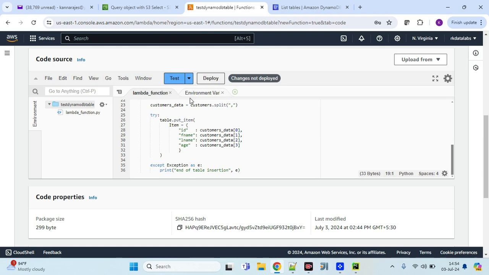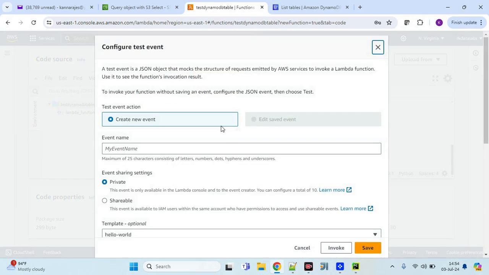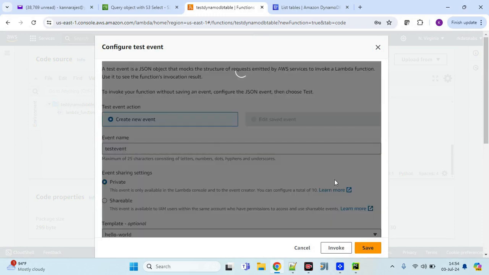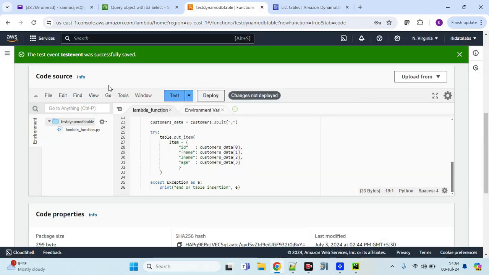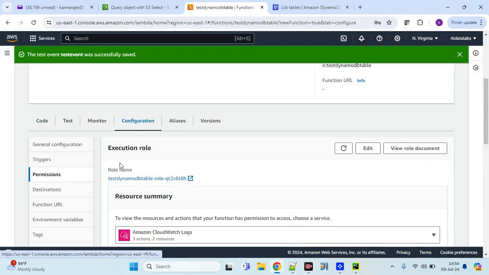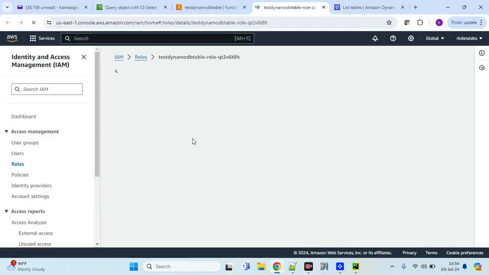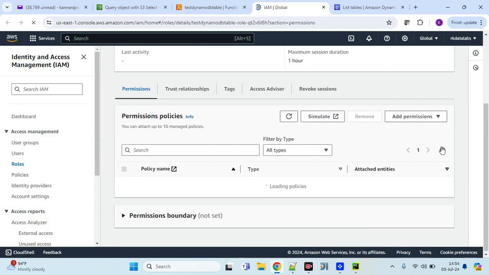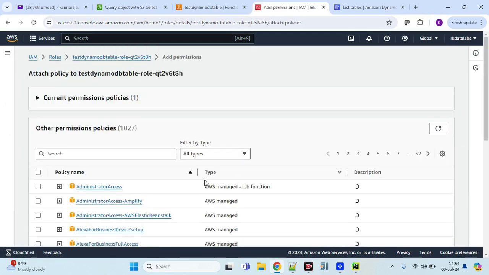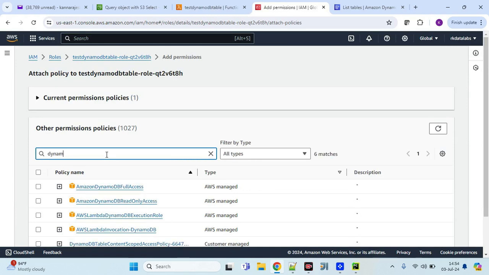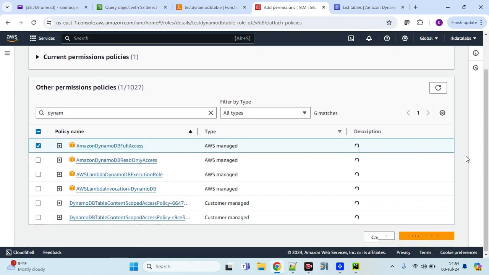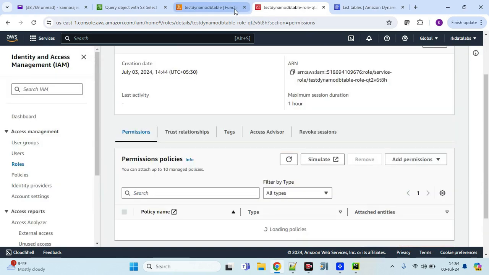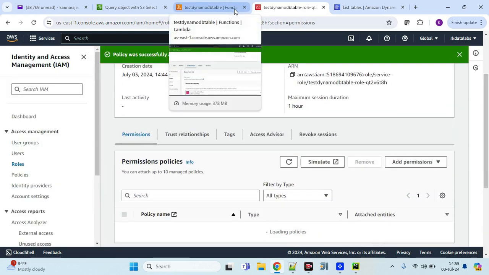So now what we are going to do, as usual, let's go and configure an event. Let me save this. Once done, of course, we will go to configuration, go to the permission, and we are trying to access DynamoDB. So let's add the necessary DynamoDB permissions to this Lambda function. Go here, DynamoDB full access. Add this permission so that you will not get any access denied issue while accessing the table in DynamoDB